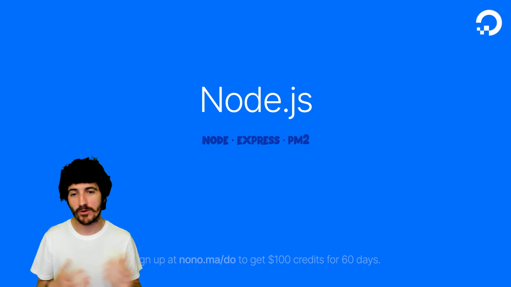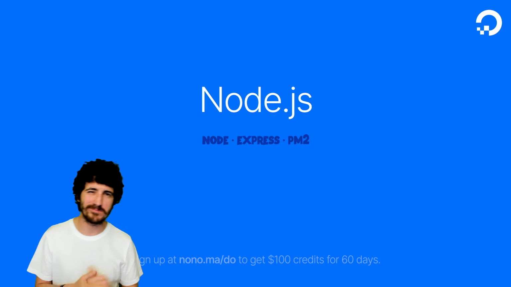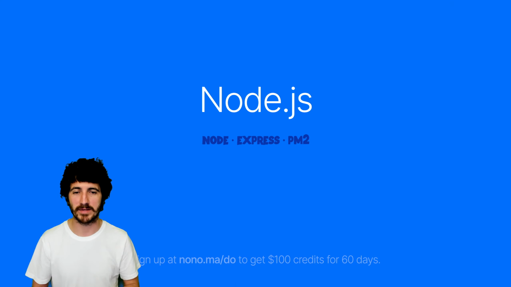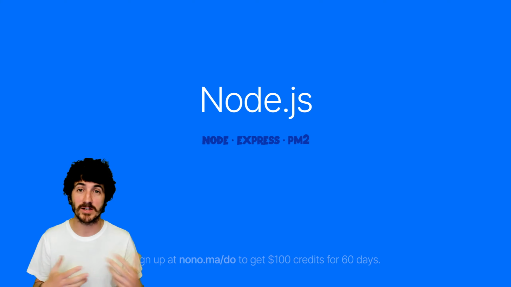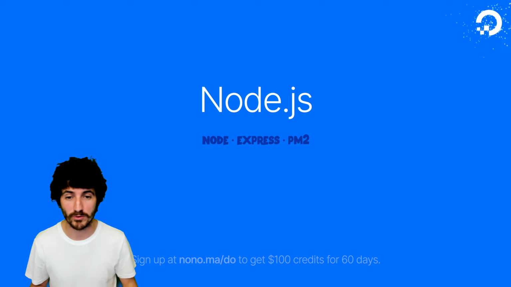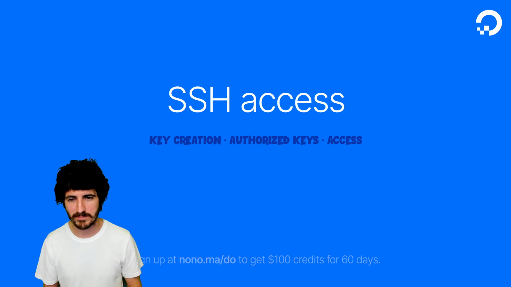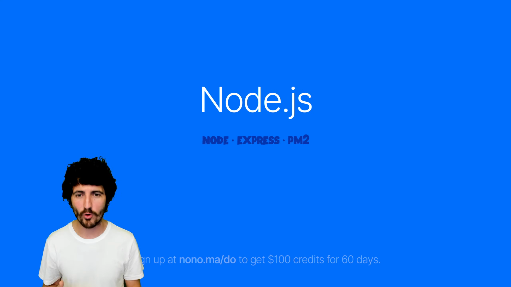All right. And then Node.js. We've seen this and that in some way, right? We've seen Node.js and the LEMP stack, but we haven't really got into depth on how to develop Laravel applications and PHP applications, or how to develop applications with Express. We've seen how to serve them with the HTTP package of Node, but I wouldn't say we've covered them that much. And then SSH keys. I don't think we've covered them, so let me go back to...